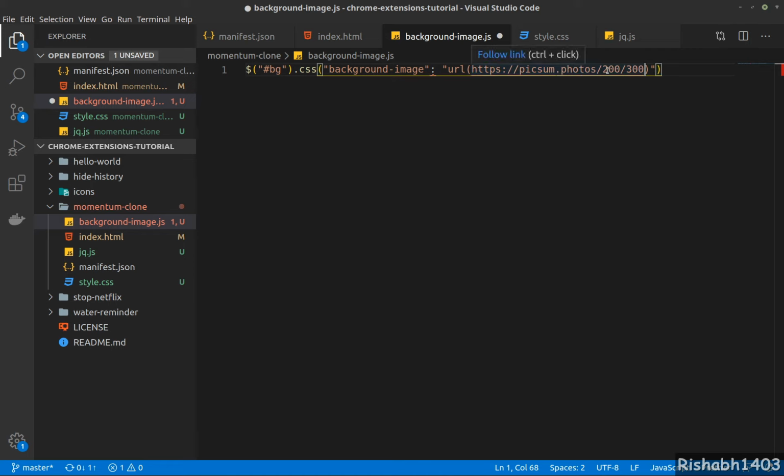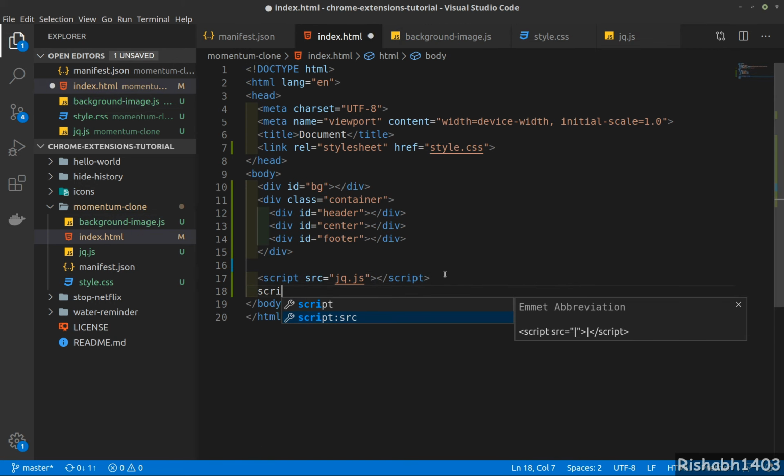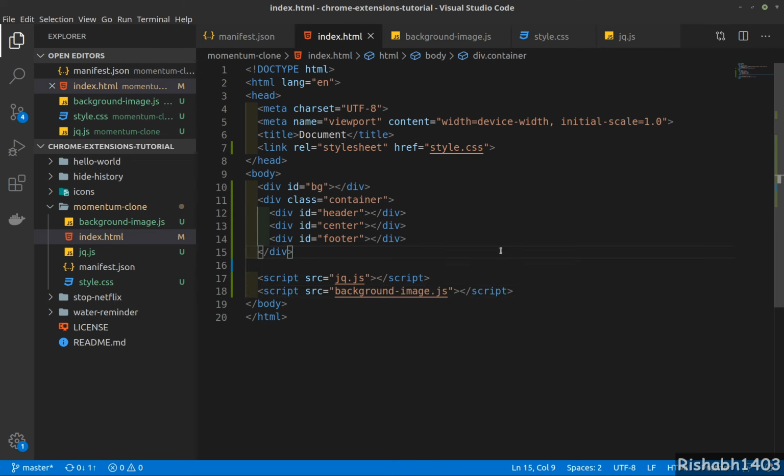Now we need to update the size, so 1920 by 1200. You can also go with 1920 by 1080. That's the very generic 1080p screen size, HD screen size, so you can go with that. So that should not be a problem. Now we need to add this script to our source so that it can pick up the HTML, it can interface with the HTML background. So if everything is correct, this should update our background with a new image every time you open a new tab. Let's try this.